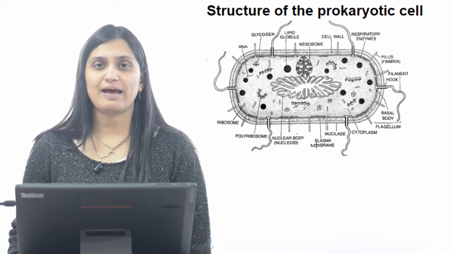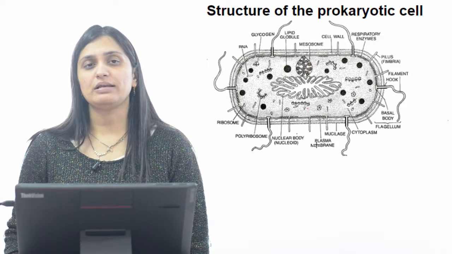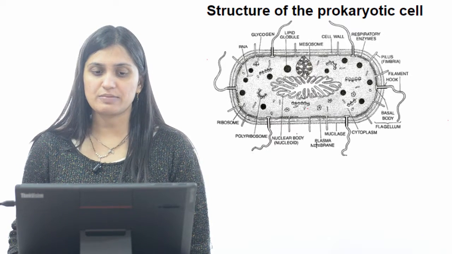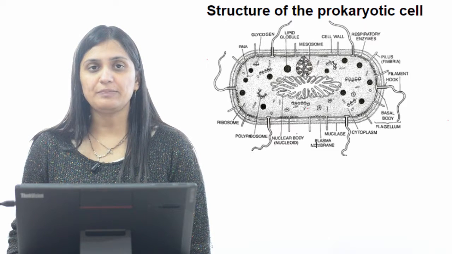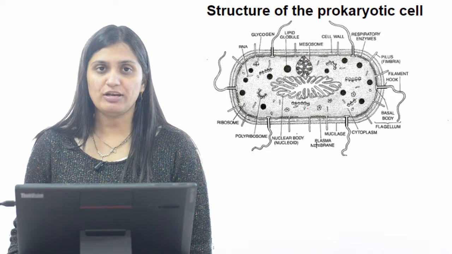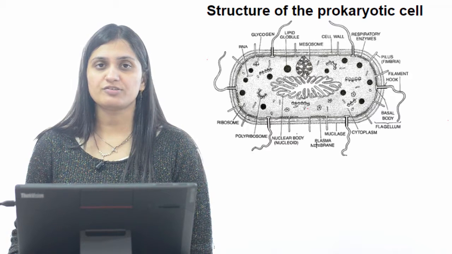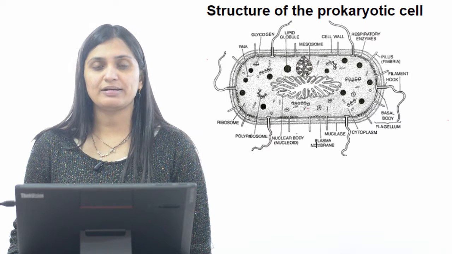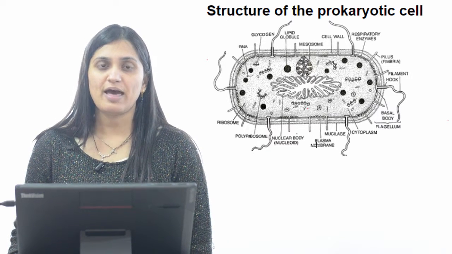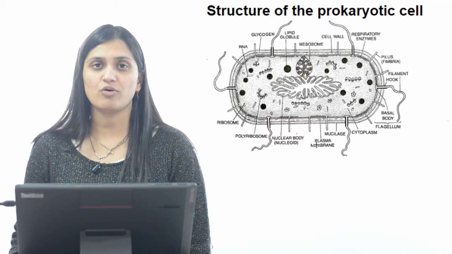Now, in this video, we will focus on the structure of the prokaryotic cell and we will take the bacterial cell as an example. Basically, bacteria are unicellular organisms. They are made up of a single cell and they are devoid of chlorophyll. They have a naked DNA which is not surrounded by a nuclear envelope. It lies directly in the cytoplasm of the cell